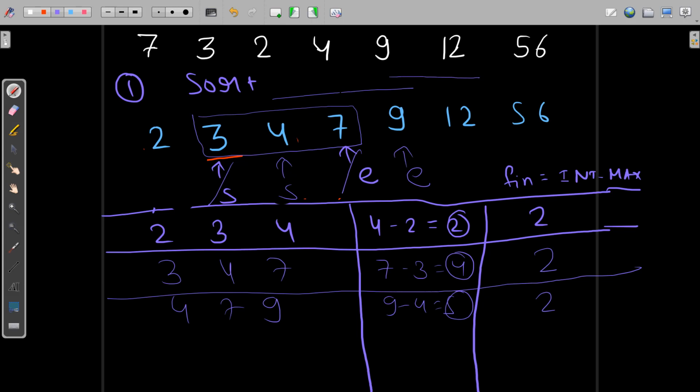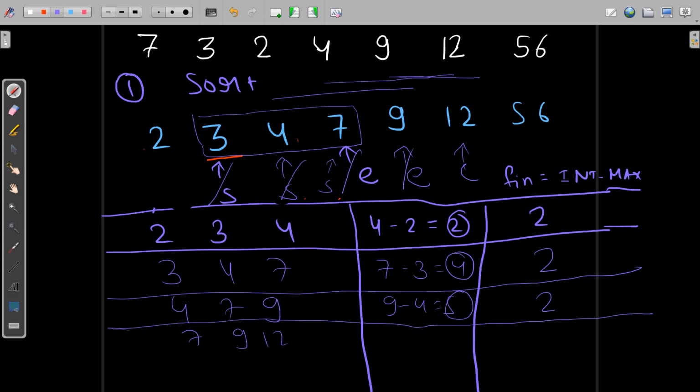Now 7, 9, 12. S will move here and e will move here. For 7, 9, 12, it is 12 minus 7, which is again 5, so it will remain 2. I think 2 is the answer, so it will not update anymore.